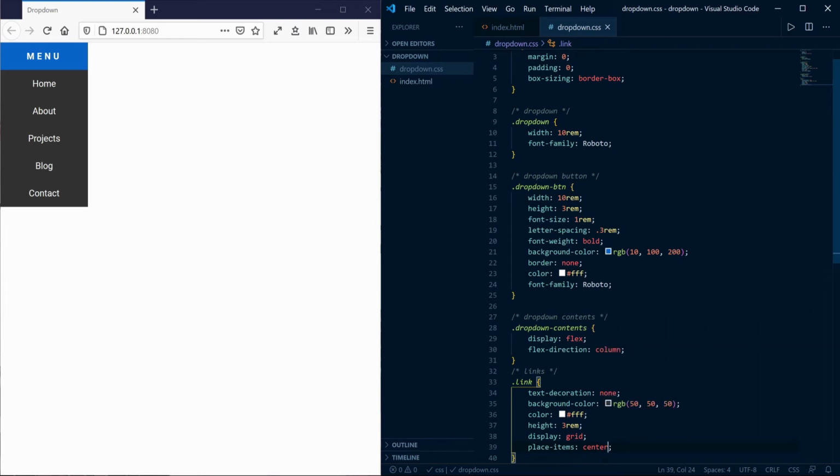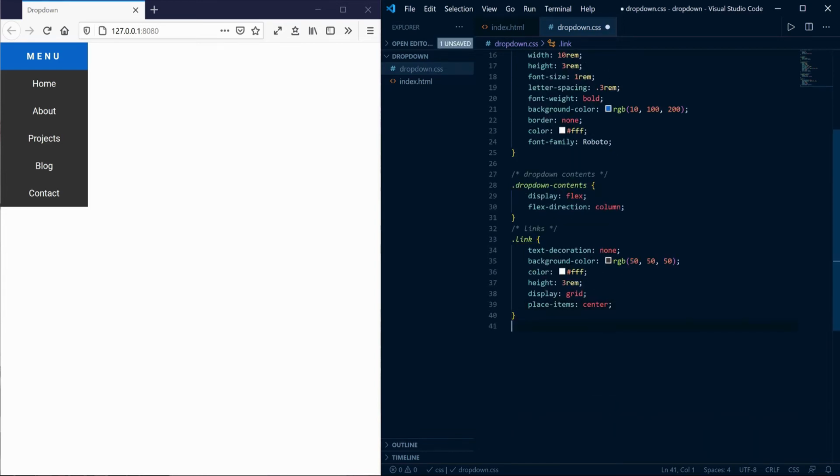Now to change colors, when we hover and focus over link class, we can add hover and focus pseudo class. So let's do that.